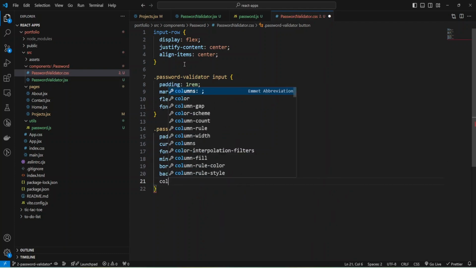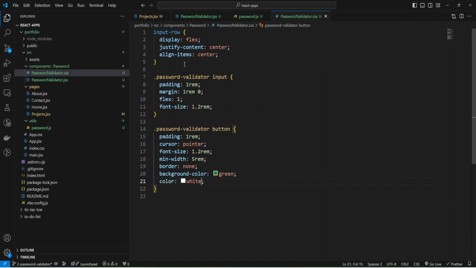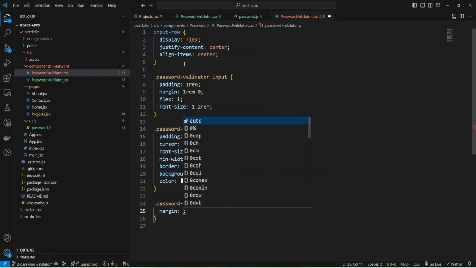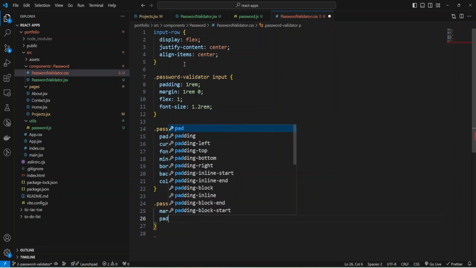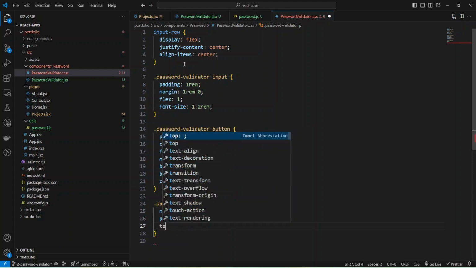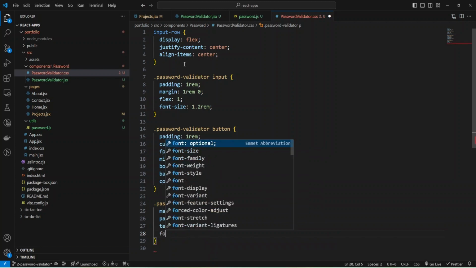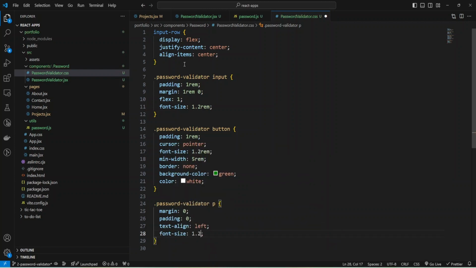Okay, and we can use color white for text, and also I can add some styles to my paragraph inside password validator. Add margin 0, padding 0, and also make text align left, and increase font size to 1.2 rem.